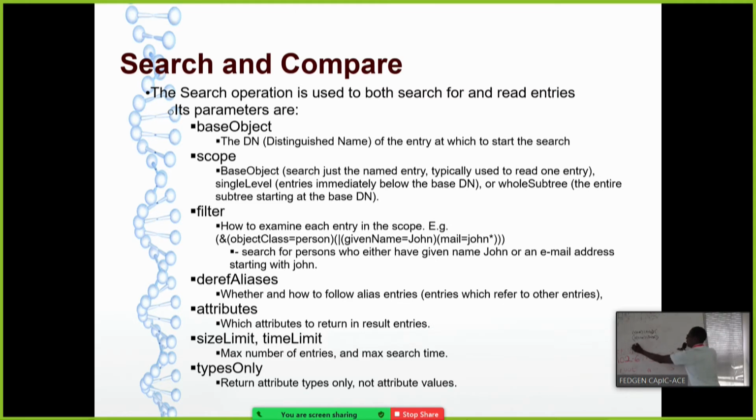I have dn. dn equals, let's say, uid=1246, comma, and then ou=people, comma, dc=cu, comma, dc=